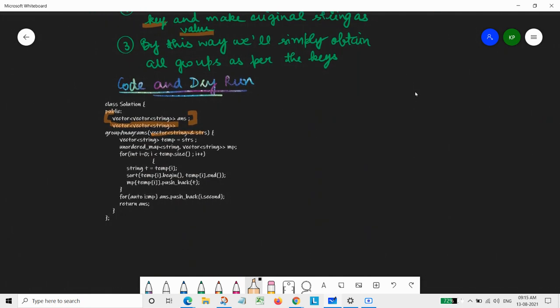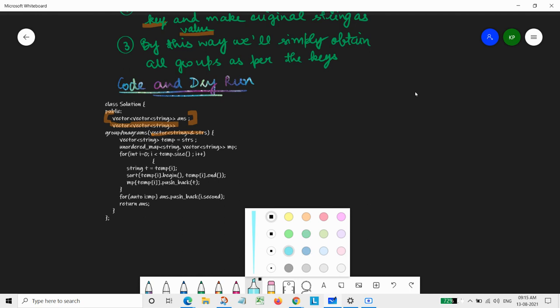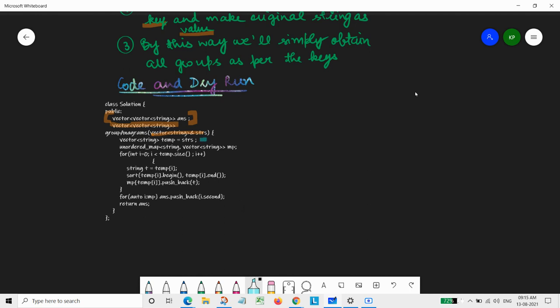Now comes the part of how we will proceed with this question. First we'll have a vector of strings in which we will copy the original vector of strings. The reason being, we need to modify the strings but not the original one, so that we could have key-value pairs.